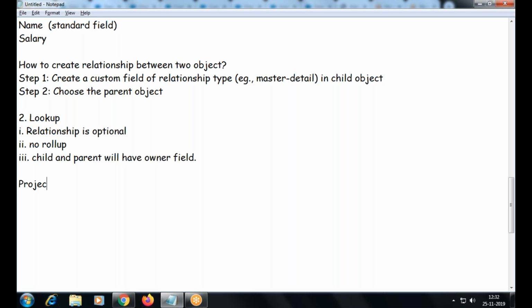Project. I think we have created an object, right? Training. So I have the name of the project, and the status of the project.